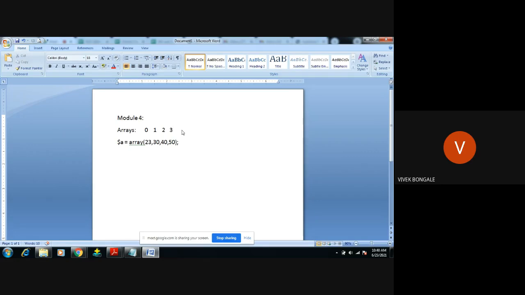If you want to take the first value, we take it with the help of index 0. If you want the last value, you take it with index 3. This is the normal array concept, but PHP is quite different.